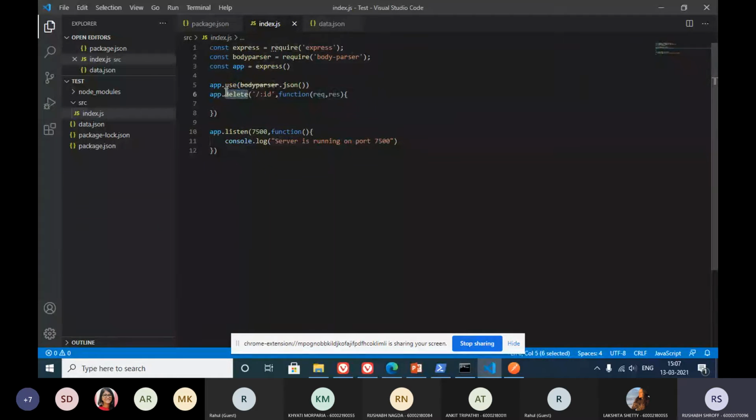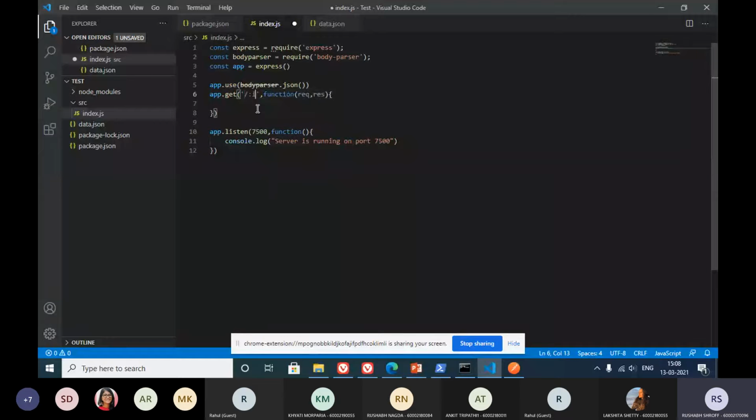So first let's create a get request. We'll create one request and test it, then create another request after that and test it. So we'll create a request and test it, so it will be better for checking errors and stuff. So let's just create a get request to get this entire file.